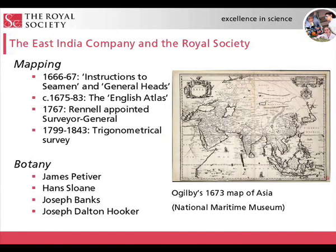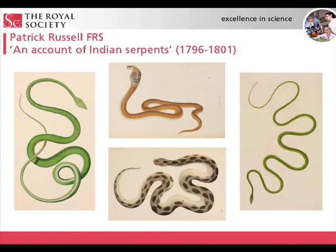Right, just 10 more minutes from me. I'd just like to give you a little bit more detail on some of these books that we're going to show you in a few minutes, written by 4 fellows of the Royal Society, usually with East India Company connections. And they're all beautiful illustrations of the flora and fauna of India. First one